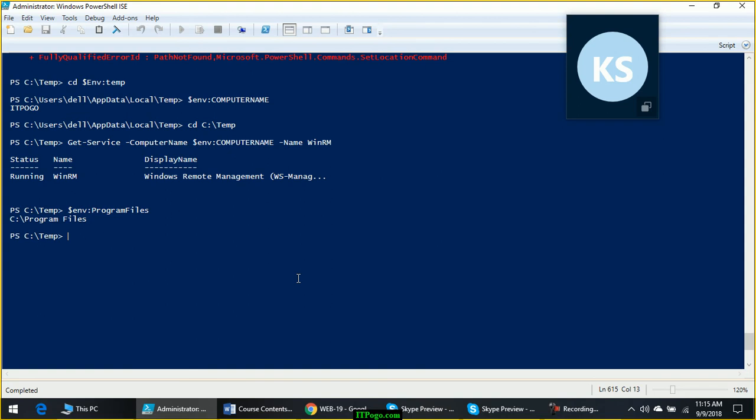It will give you the exact location of program files folder. You don't need to guess, and you cannot assume that it will always be C:\Program Files. You can rely on the variables. Got it?